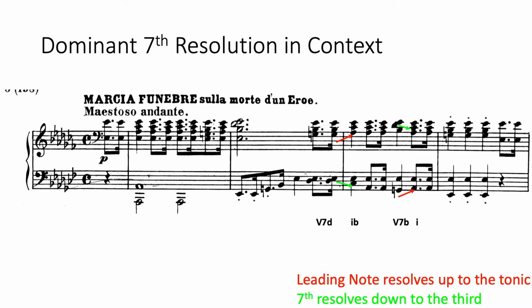Okay, I'll just play the latter half of that phrase again. So here we have fantastic. So we've got our 5/7D chord again. So here we've got the dominant 7th of A flat. So we've got an E flat dominant 7th chord with the 7th in the bass, and again we can see that the leading note resolves up to the tonic and the 7th falls down to the 3rd,